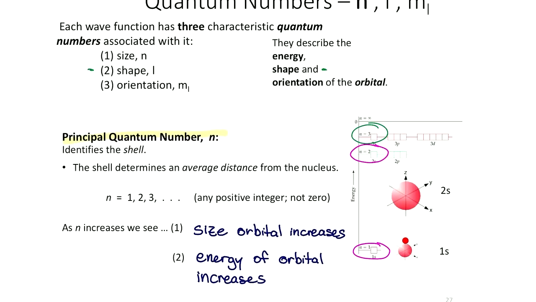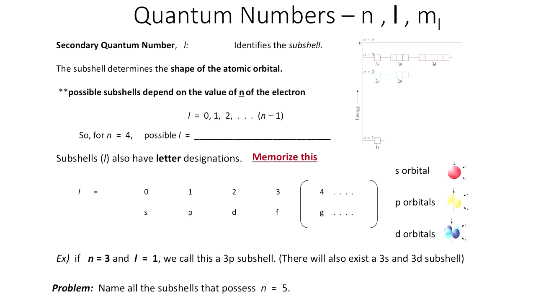So we see here, I talked about n equals 1, 2, 3, and on the side here I have s orbitals drawn. They're just like these spheres. The space that you'll find an electron changes with our L, our secondary quantum number. L identifies the subshell, or the shape of your orbital, that you'll find that electron. There are some shapes and letters you do need to memorize.